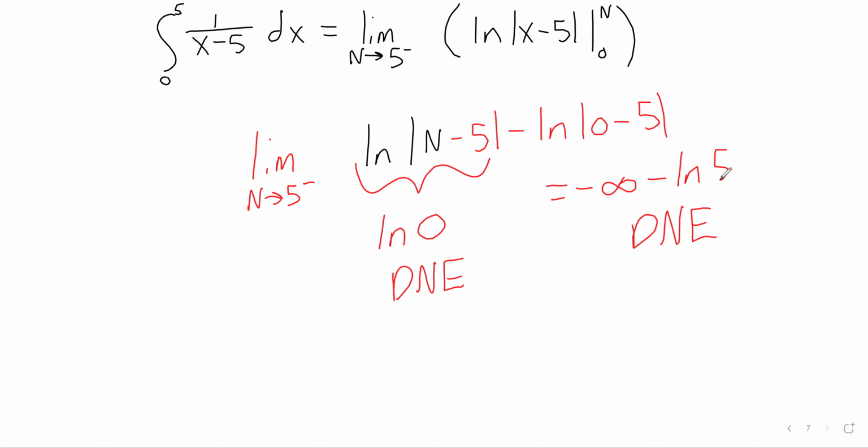So the very natural change, you know, if the upper limit is the problem, then you take a limit as you approach the upper limit. That's a terrible sentence because limit is being used in different ways, but you get the idea. This 5 was the problem, so we approached the 5 instead of the 0.